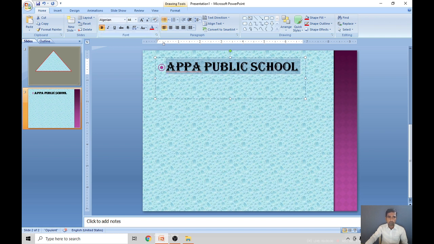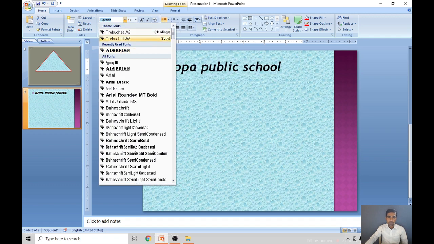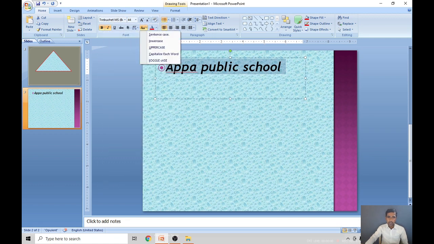Next you can make it bold, italic, or underline. If you want to scratch anything, you can strike it through like that. When you click on the strikethrough button, one line will be on the text. You can also give a shadow effect, right? And you can change the case. When the text is in small letters, you can make it uppercase; when you click uppercase, all the letters will be capital. When you click lowercase, all the letters will be small.